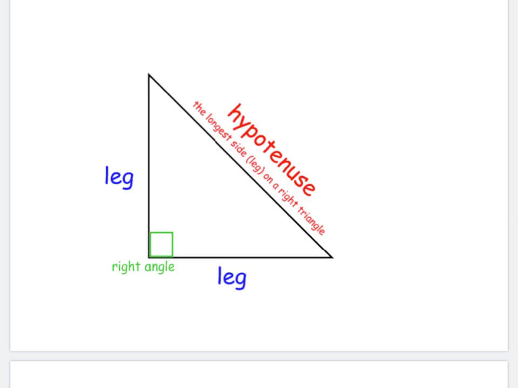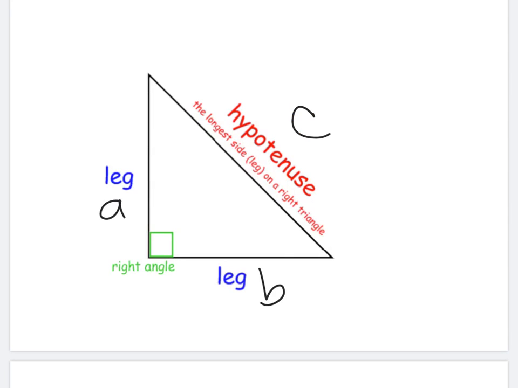You have the right angle in the bottom left corner. The side that is opposite the right angle is called the hypotenuse. That's always the longest side of the right triangle. The two sides that make the right angle are the legs of the triangle. In the Pythagorean theorem, the legs are sides A and B. It does not matter which side is which, so I'm going to say that's A, that's B, and the hypotenuse